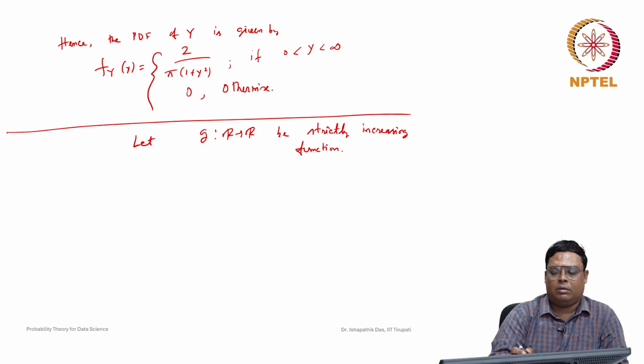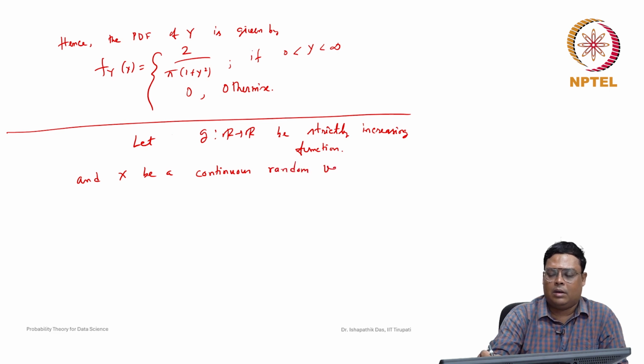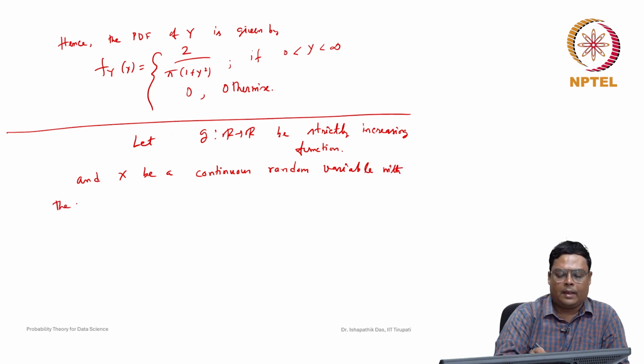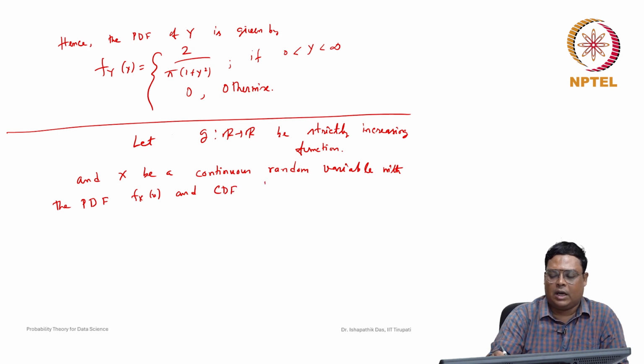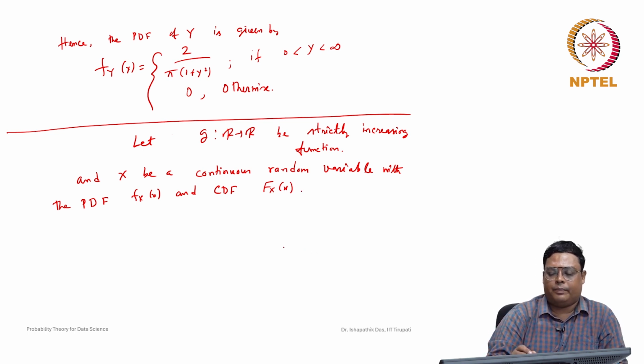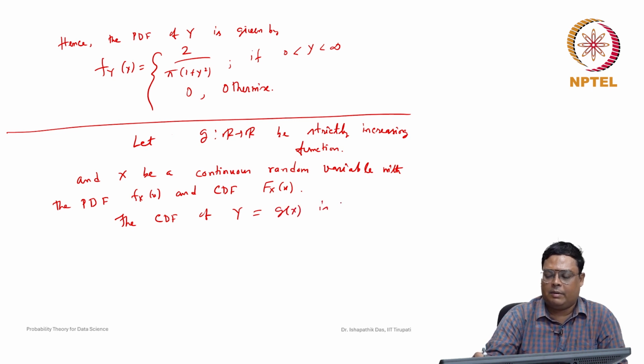Let X be a continuous random variable with probability density function f_X, and cumulative distribution function of X capital F_X. Now the cumulative distribution function of Y equal to g(X) is given by